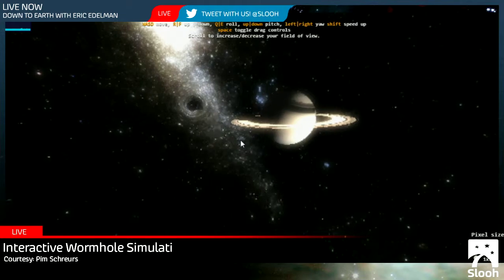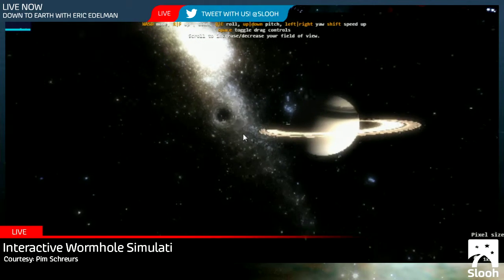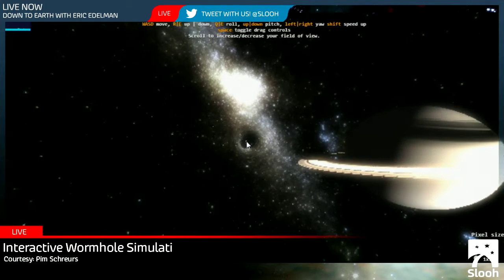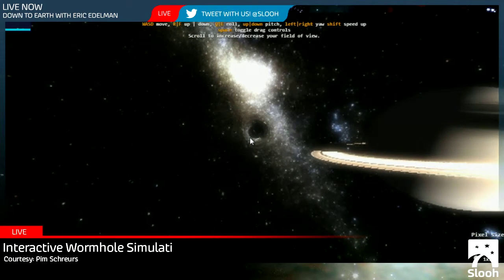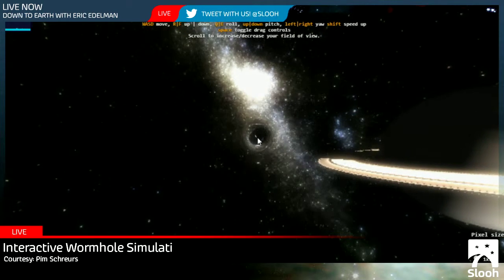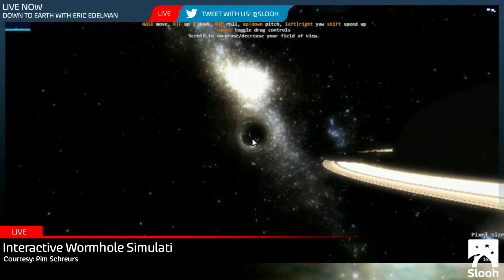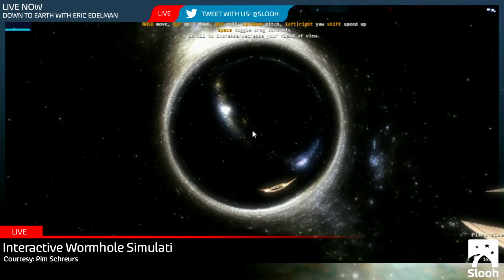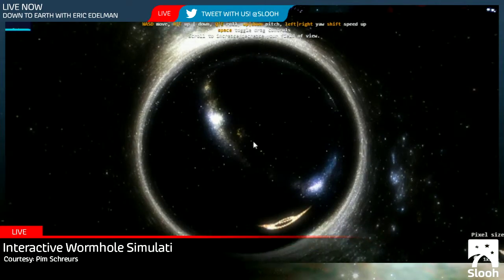And so here we see Saturn and this sort of strange object right next to it, and that's the wormhole. And so in the movie Interstellar, there was this wormhole next to Saturn that the main characters used to fly to this supermassive black hole named Gargantua. And here we're traveling closer and closer to that wormhole as we speak.